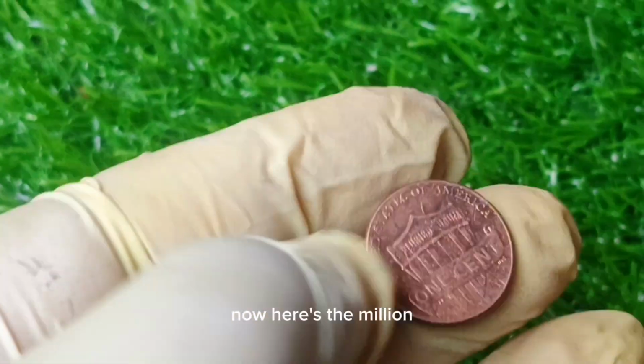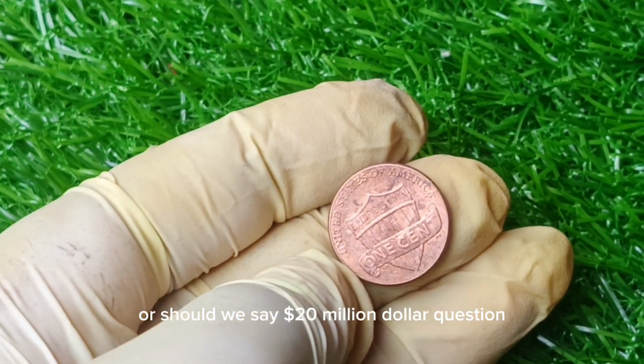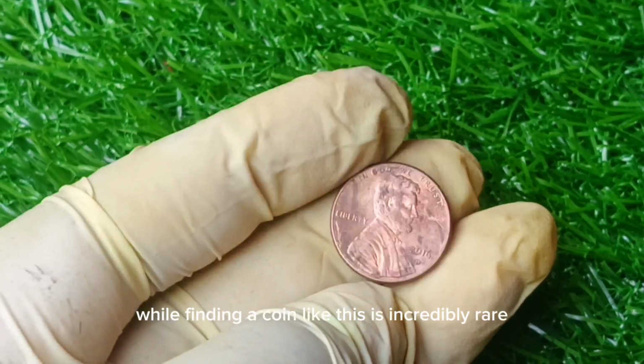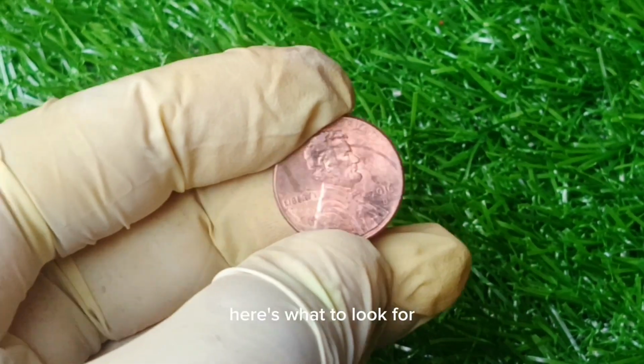Now, here's the million, or should we say, $20 million, question: could you have a valuable penny in your pocket right now? While finding a coin like this is incredibly rare, there are many other pennies out there worth big money. Here's what to look for: